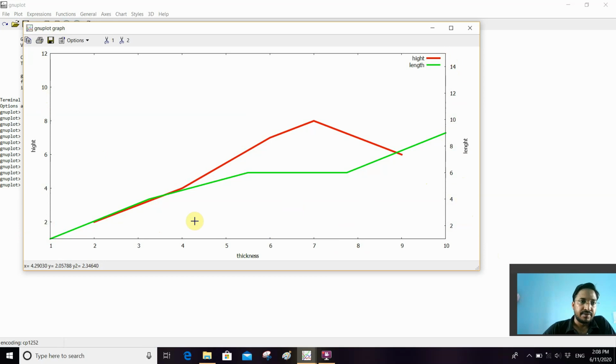The label of the y1 axis is height, the label of the y2 axis is length, and the label of the x-axis is thickness. In the title, red color represents the height, and green color represents the length.